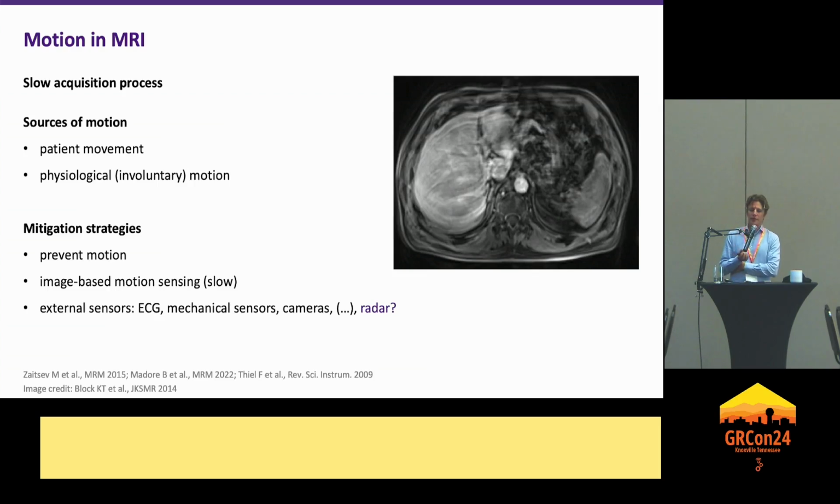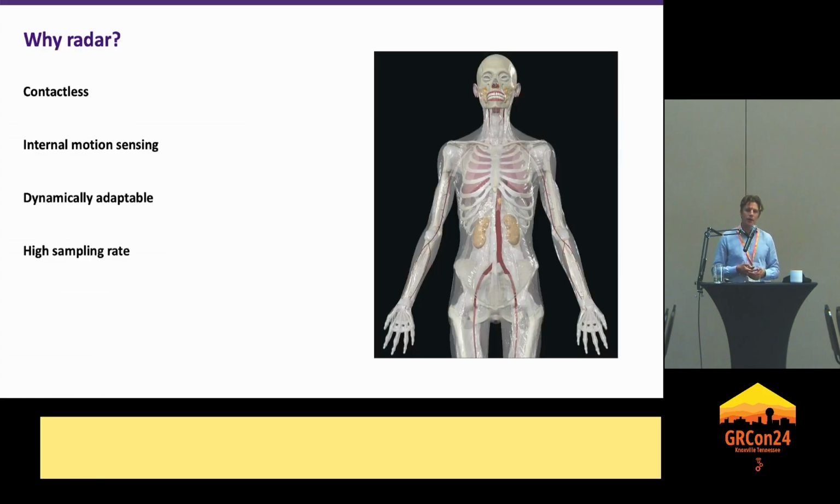One of these strategies entails that you use an additional sensor to record the motion state and then correct for it. And for that, you can use ECG or cameras, all kinds of sensors. And we believe that the radar is an interesting option here. Why? Radar is contactless. Radar can go through the skin, unlike optical light, for example. You can change the operational parameters at runtime, and I think this is where the SDR concept comes in,